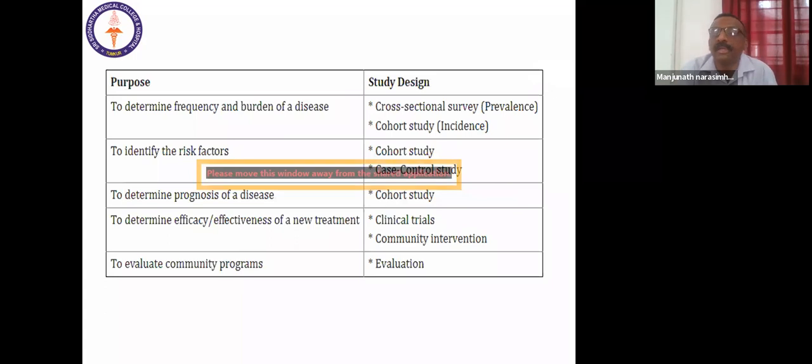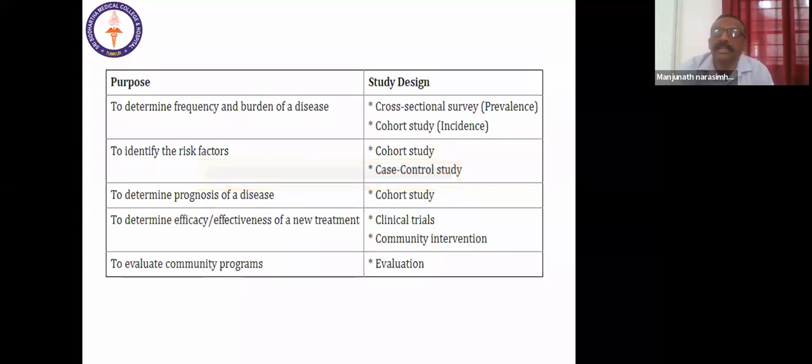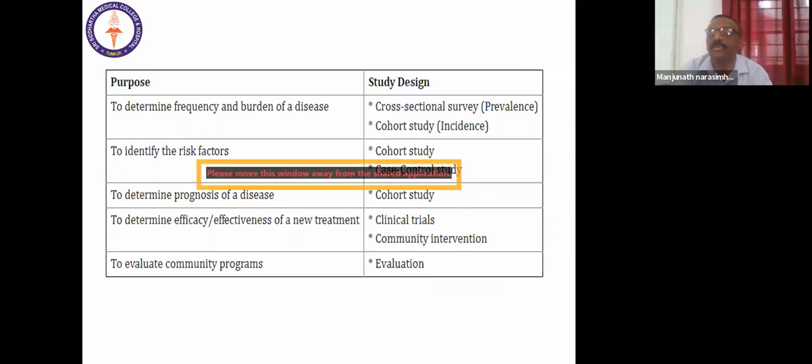Say, for example, the purpose is to determine the frequency and burden of the disease. In such cases, you can do what is called a cross-sectional study or a cohort study, for incidence and prevalence. Whenever you use these, there is always a controversy with the use of prevalence and incidence at the institution level. Although it can be used, as far as possible try to avoid prevalence and incidence unless you have a proper denominator. Otherwise it is better to avoid. Frequency will be better, the number of fresh cases detected. So try to use common words instead of prevalence and incidence,